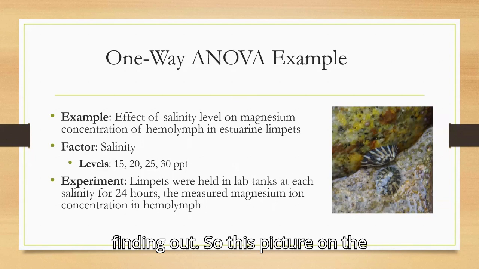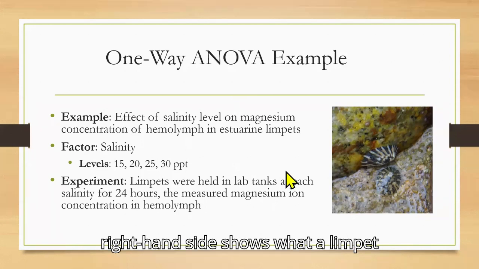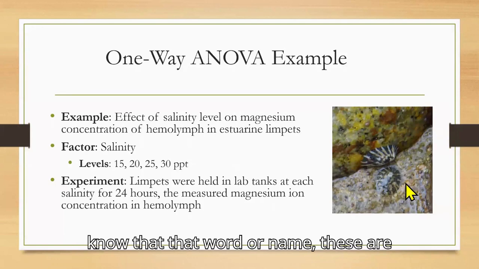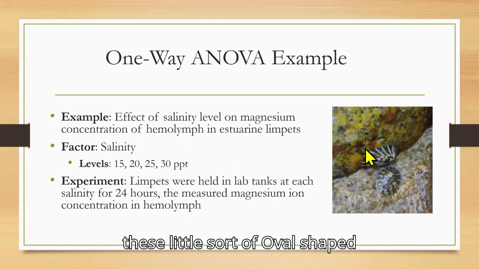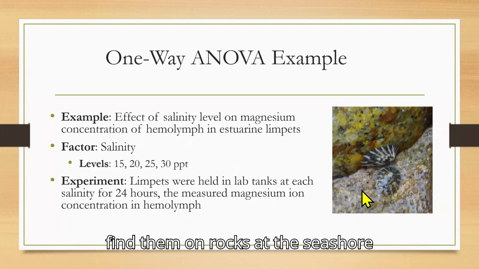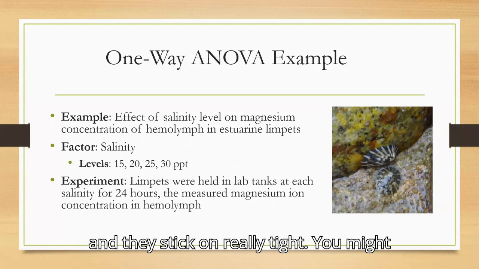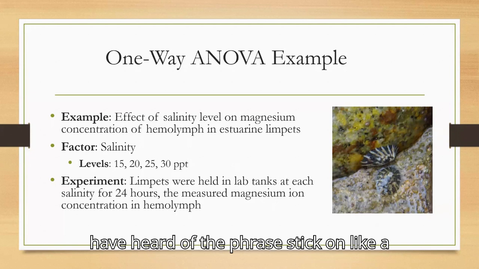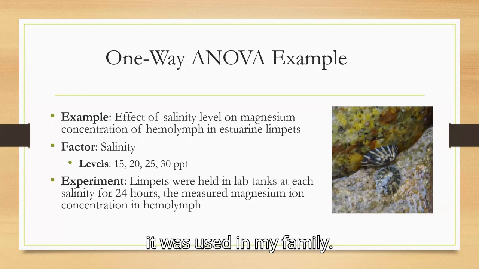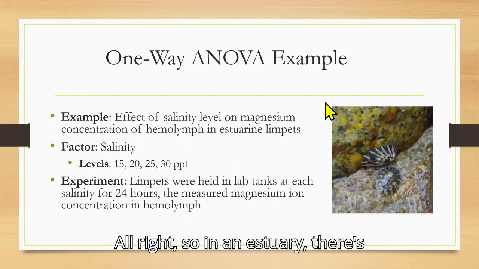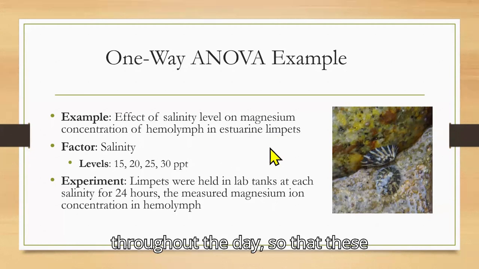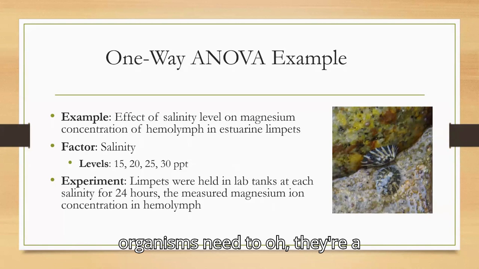So this picture on the right-hand side shows what a limpet looks like. If you don't know that word, these are little oval-shaped shells, kind of peaky at the top, and you find them on rocks at the seashore, and they stick on really tight. You might have heard the phrase "stick on like a limpet"; it was used in my family. In an estuary, there are changes in fresh and salt water throughout the day, so these organisms, they're a mollusk,